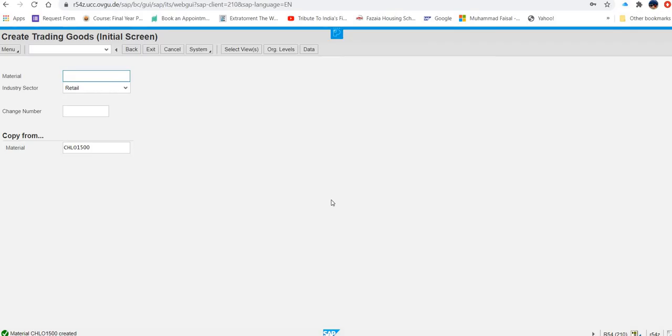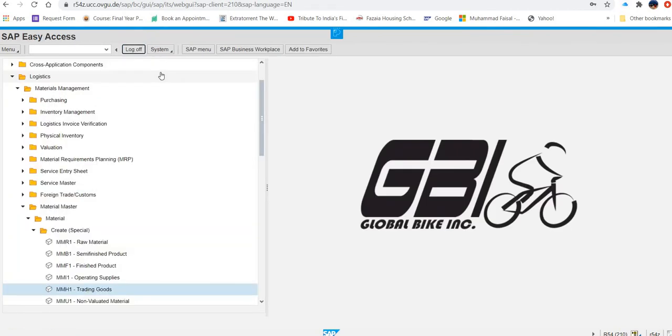So let me go back to the SAP screen. I will go out from here. Now let me see what is the path to create purchase requisition. Remember, purchase requisition is a document that is created by, for example, the manufacturer, and forwarded to the vendor, because the vendor has to supply. So create purchase requisition is our task, and we have to go to logistics, materials management, and